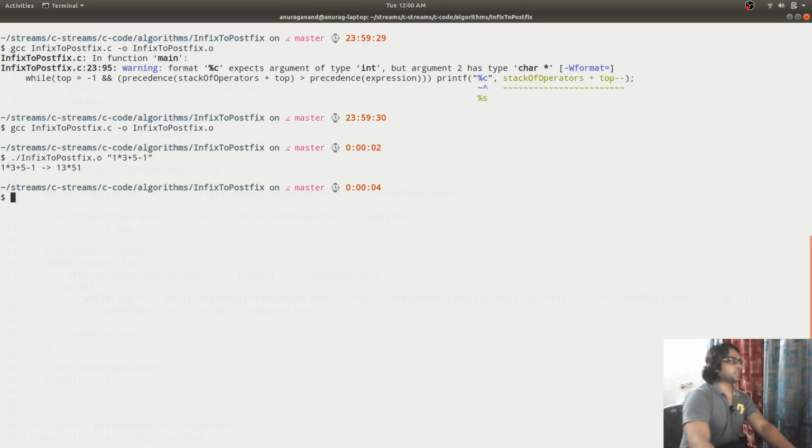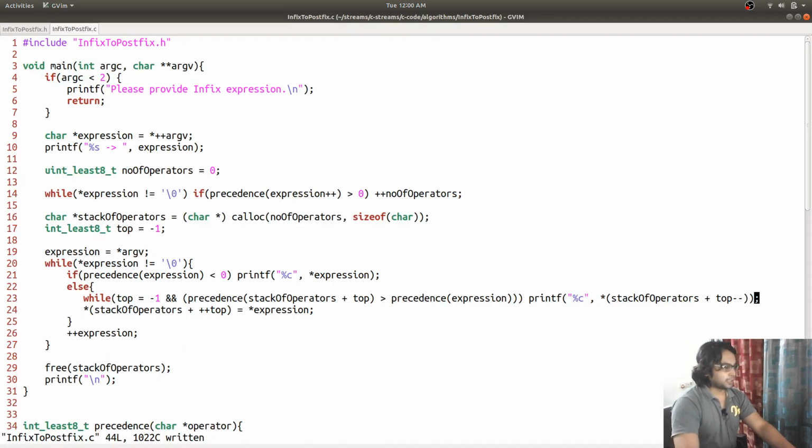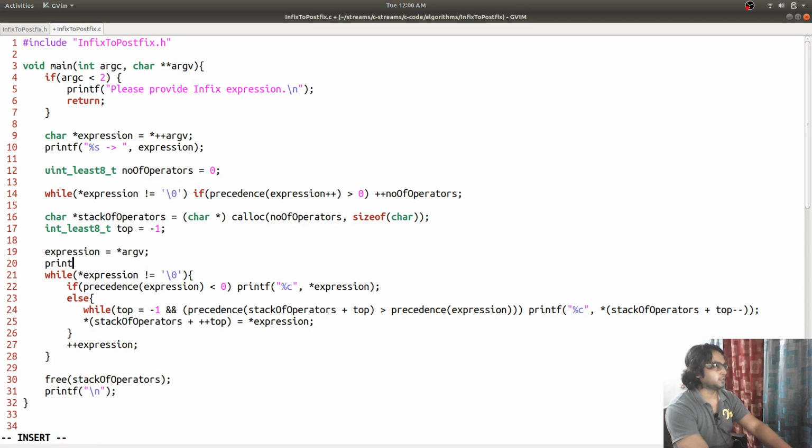So we are seeing that it is not exactly what we wanted to happen. Stack operators plus top. Let us debug this issue and see what is going on in this value.